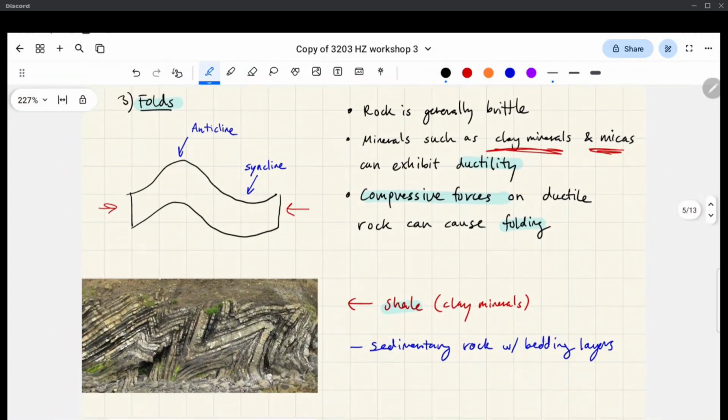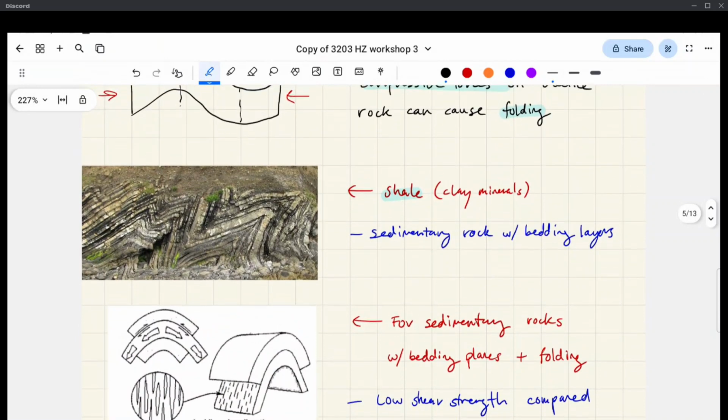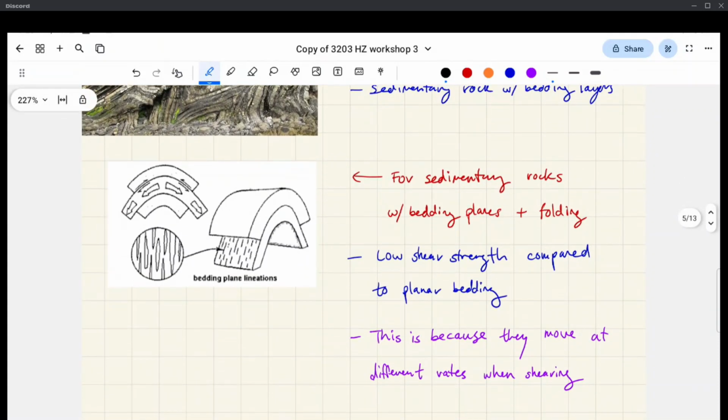So here's an example. Oh yeah, and then there's specific words to describe the points in these folds. So an anticline is like the top of this wave, and then syncline would be the bottom. So shale is an example of a sedimentary rock which has some clay minerals, so it's a bit ductile. It experiences these compressive forces, and then yeah, you'll see the bedding planes being warped, and this is significant because when you have these bedding planes in conjunction with